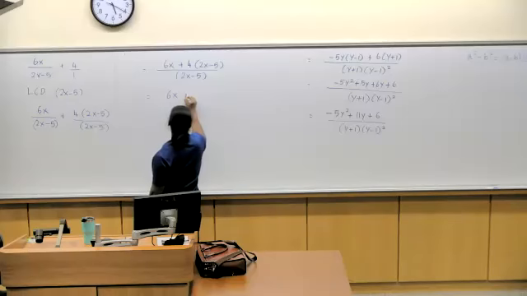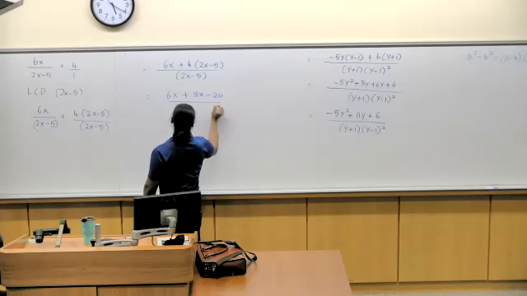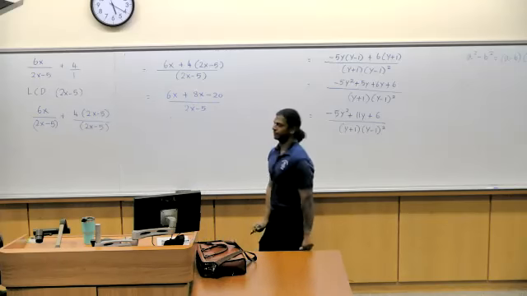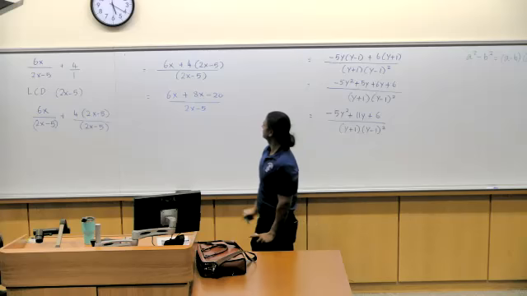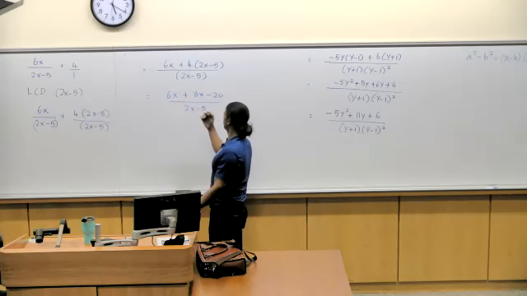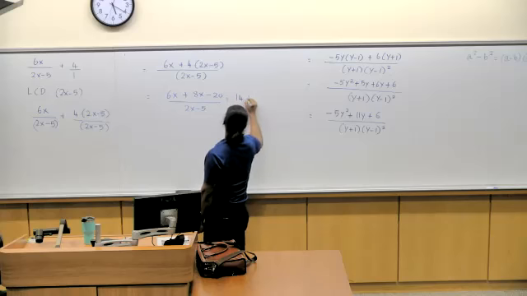So 6x plus 8x minus 20 divided by 2x minus 5. The numerator, 8x plus 6x, 14x minus 20 over